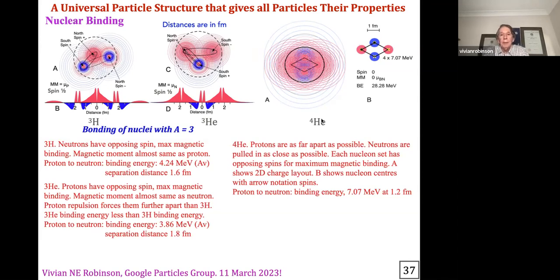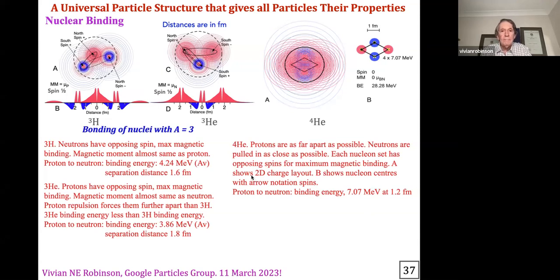To finish up with a particle, no magnetic binding, and 28.28 MeV binding energy. They're very strongly bound, 7.07 MeV per nucleon at a distance of